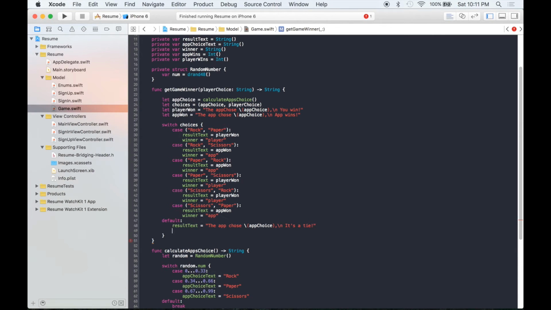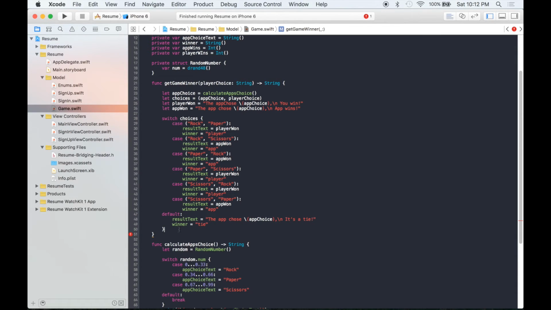So winner will be equal to, and we'll just say tie, because it doesn't really match anything, so our default case is going to catch it down below. And let's go down to our second to last curly bracket and hit enter. And we want to print winner